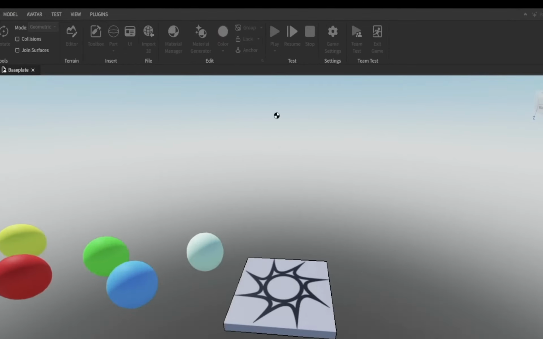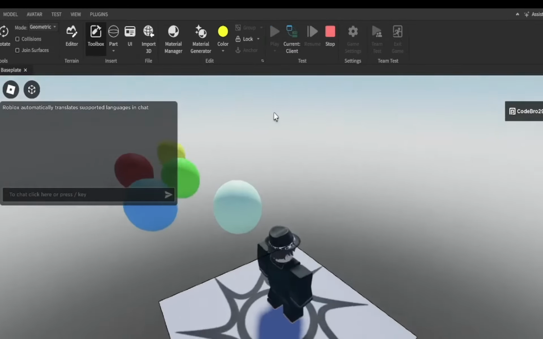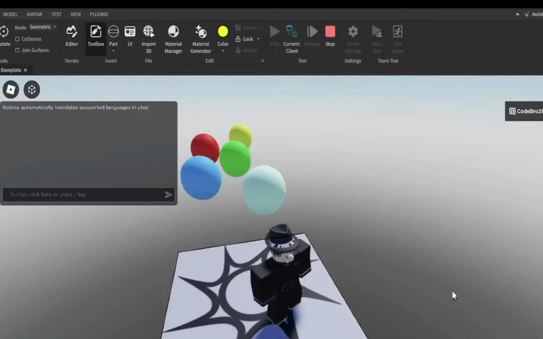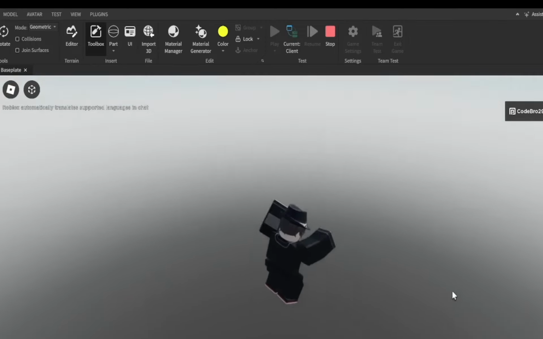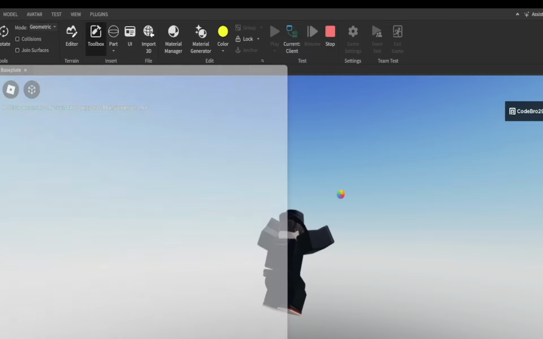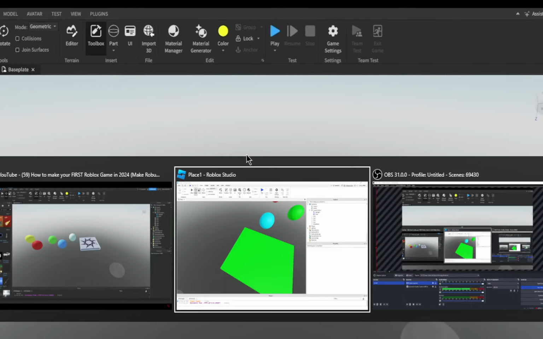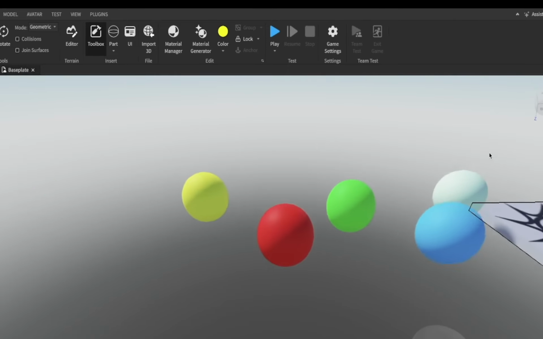Okay, let's go ahead and hit play now, and we should see that the spheres have stayed in the air, and yep, there they are right now. We can go ahead and play this game. Let's jump, jump, jump, jump, and jump. Oh, I'm terrible at obbies, so I missed that last one, but there you go. There is stage 1. Okay, so we're going to go ahead and do a little scripting, though, because what we want to do is we want to have checkpoints. So I'm going to insert another